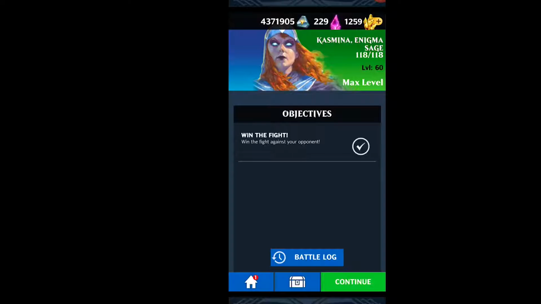And so if you have just an okay collection, and you have at least Kasmina or whatever blue-green planeswalker you want to use, but I think Kasmina is the best for this, I think that you can get pretty far with it. I'm in platinum tier, of course, but if you're in the lower tiers, I think that you can probably get through a lot of